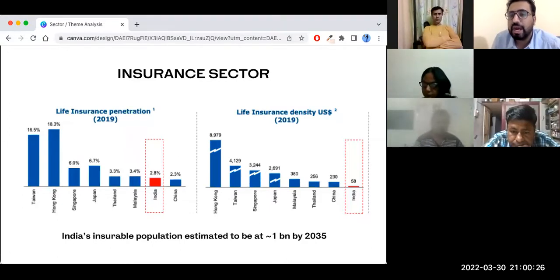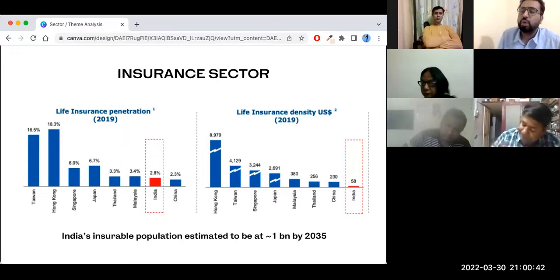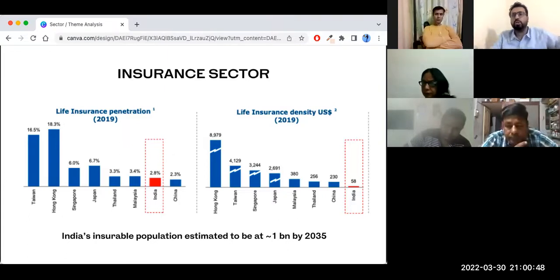1 billion बन जाएगी. आज की डेट में अगर सिर्फ 2-3 करोड़ लोगों ने लाइफ इंश्योरेंस ली हुई है, in the next 15 years, that 2-3 crores will grow to become 100 crores. That's the insurable population. Not everyone will actually take the insurance among those also. That's the total addressable market.